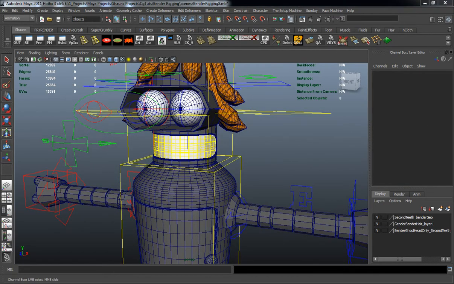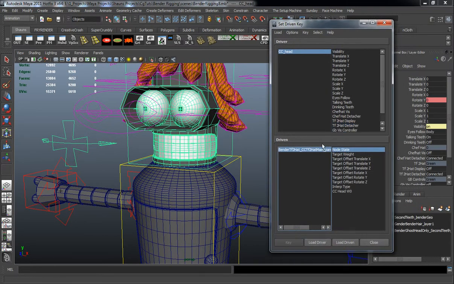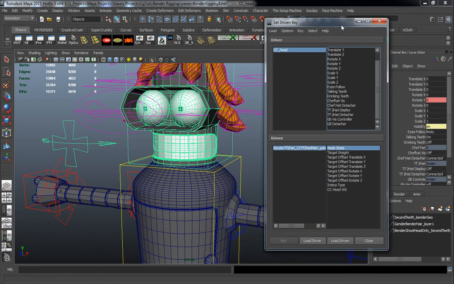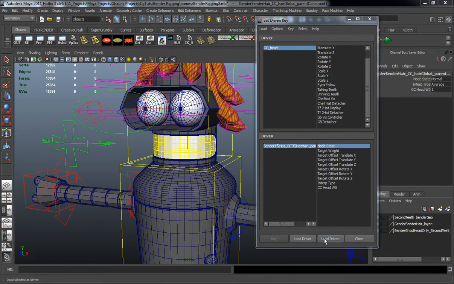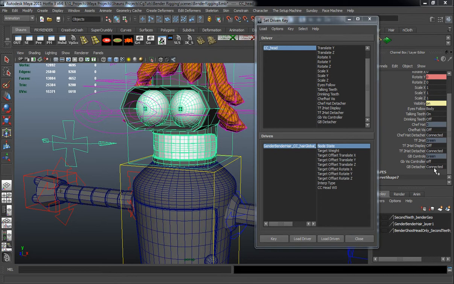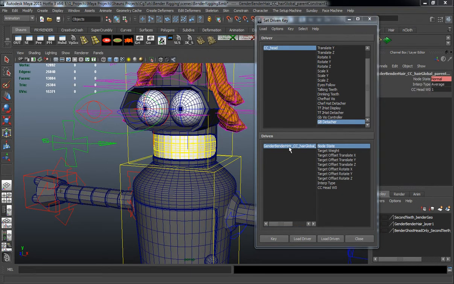Okay, so we'll go ahead here now and grab our head CC, load this as our driver, grab the parent constraint for the GB hair, and I'm just doing this in the outliner simply because it's the same process. We'll just key the node state here. The detacher is connected, so we can simply just go ahead and key it right away. Change the CC head down to free. Gender bender hair node state has to be blocking, because then it's going to have no effect. Go ahead and key that, so we can go ahead and close that window